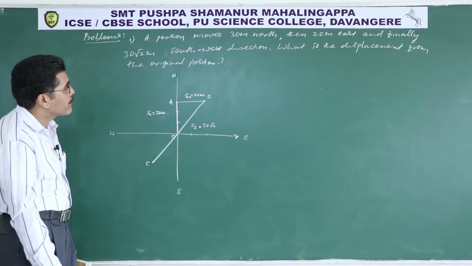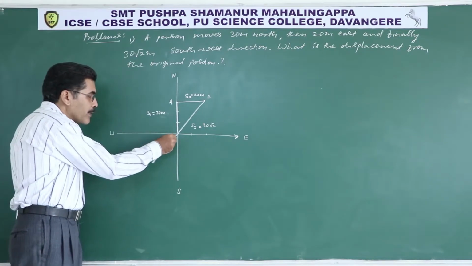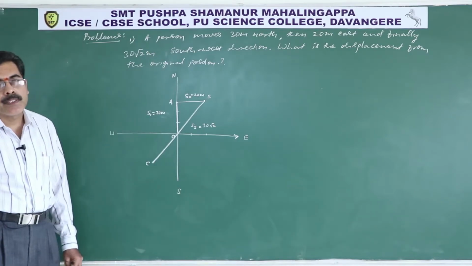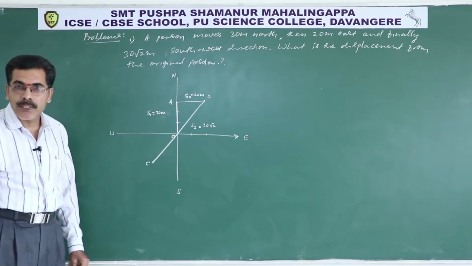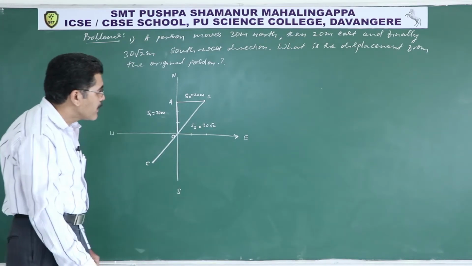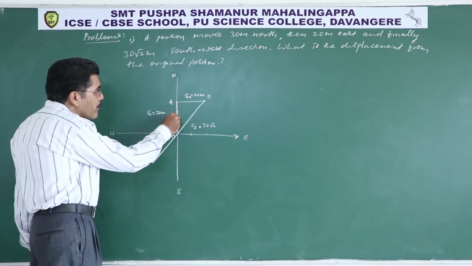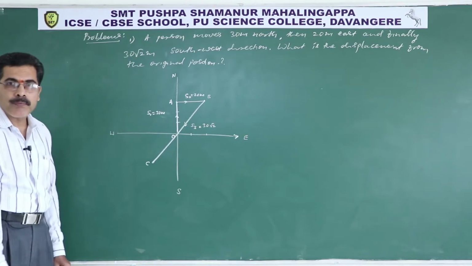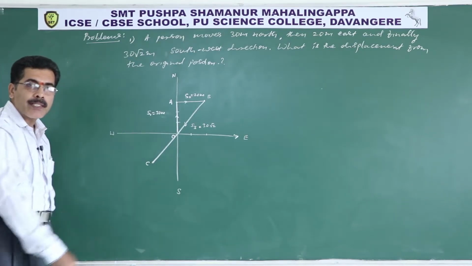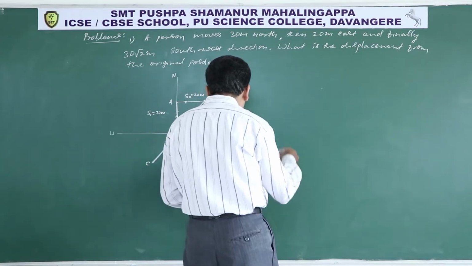So what is the displacement from the original position? You have to find out what the displacement is. Displacement is nothing but the distance between the initial and final position. You know that displacement is a vector quantity and it is resolved into two components, horizontal as well as vertical components. So let me take S3 is equal